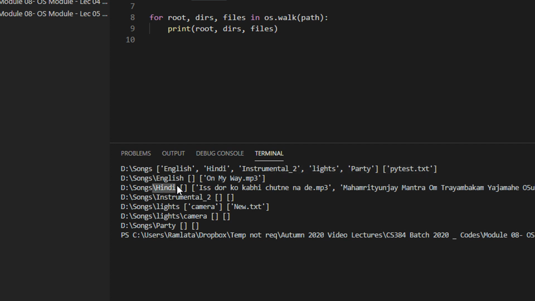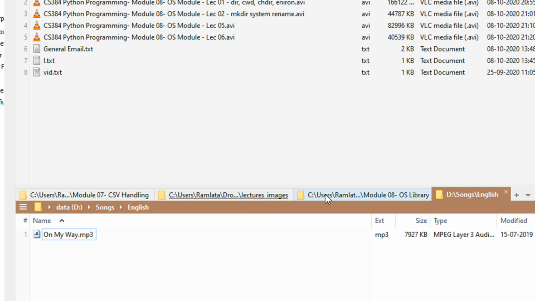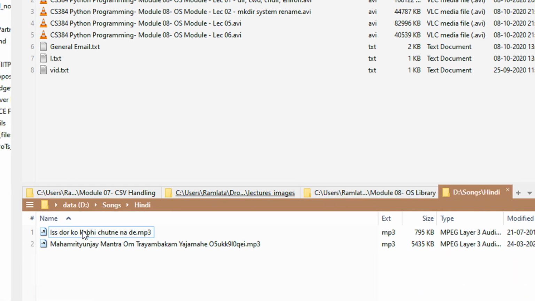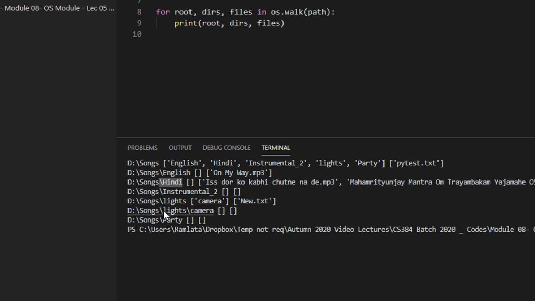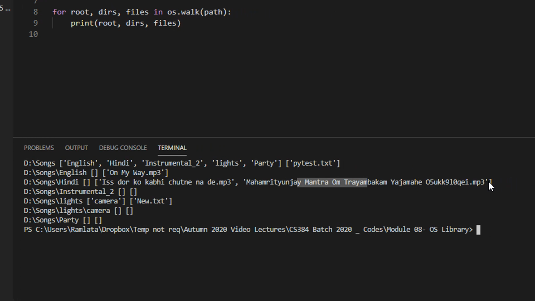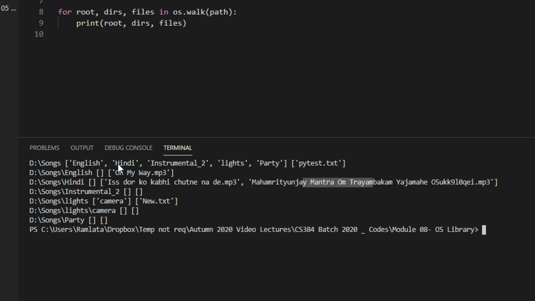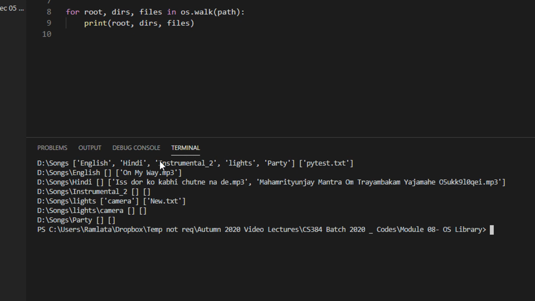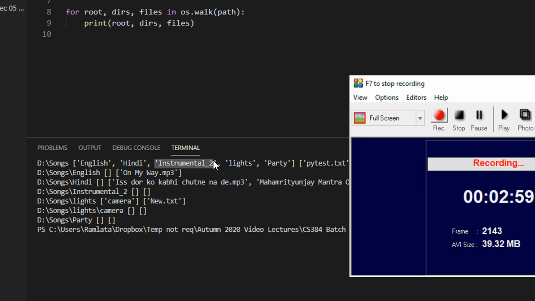Again, let us go to the Hindi folder. In the Hindi folder, I had no folder, but I had 2 files. You can see this is the root folder. I had no folders, so this is a blank list. The second one represents the directories in that particular directory. And then I have 2 files, which are listed as a list. Again, the second folder is accessed, D colon, now I am browsing the instrumental folder.